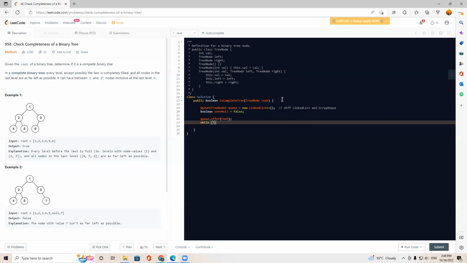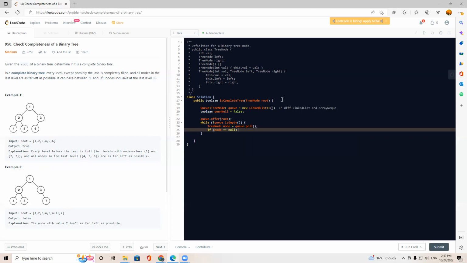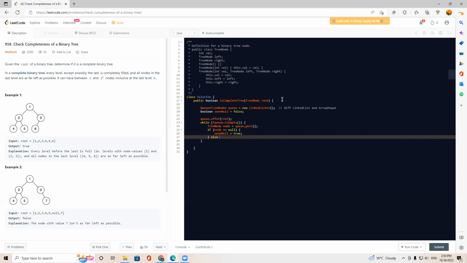While q is not empty, node equals q.poll(). So we write: if this node equals none, we just change the flag cNone to true. Else,